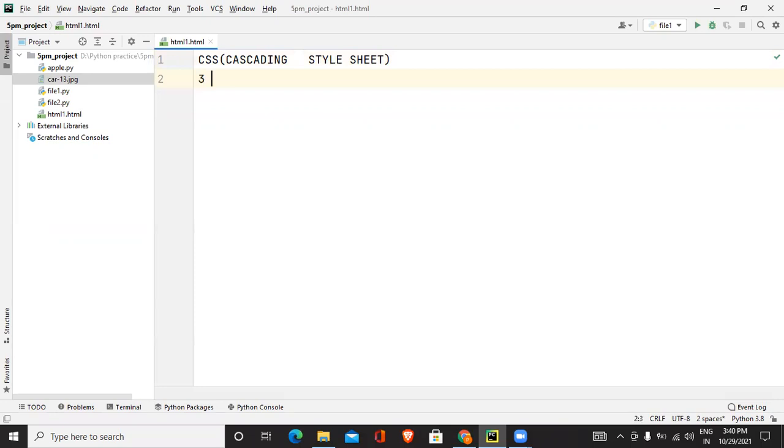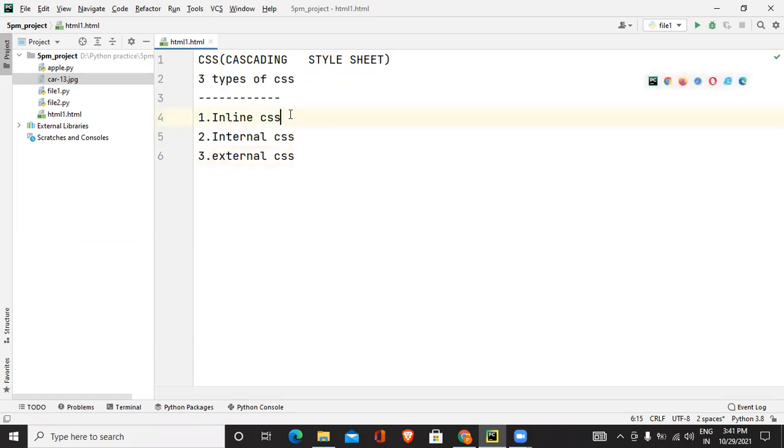Now there are three types of CSS. The first type is called inline CSS. The second type is called internal CSS, and the last one is called external CSS. What's the difference between the three? We use inline CSS to decorate a specific tag.